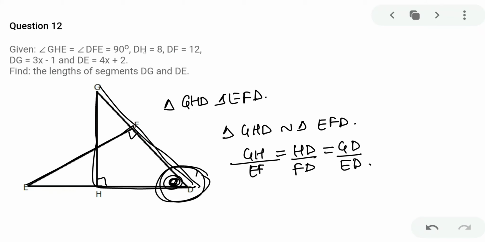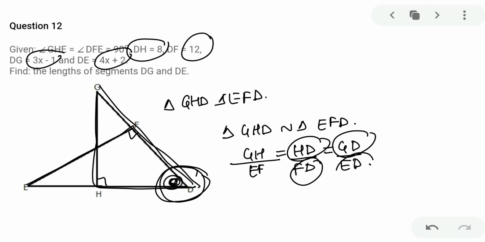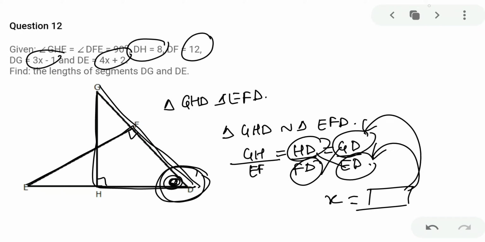And now look at what all things are given to you. If you have DH, put it in DH; if you have DF, put it in DF; if you have DG, put it in DG; if you have DE, put it in DE. Only DG and ED are in the X format, and then you can cross multiply and get the value of X. Once you got the value of X, you can put it into the equation and get the exact value of DG and DE. Will that be fine? We have done this in my live session, but still if you have any doubt you can ask me, but otherwise this must be clear.